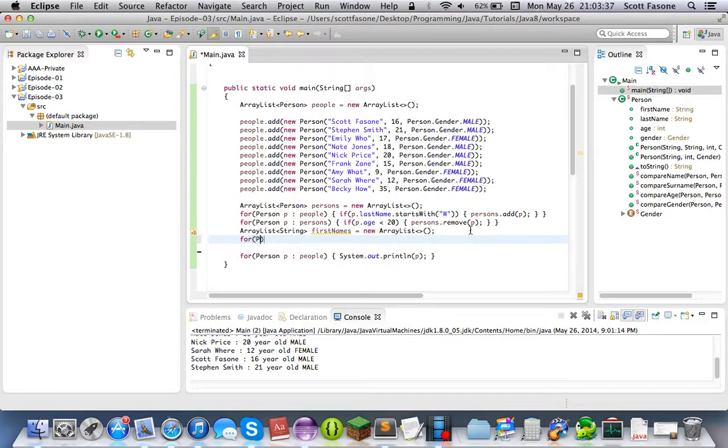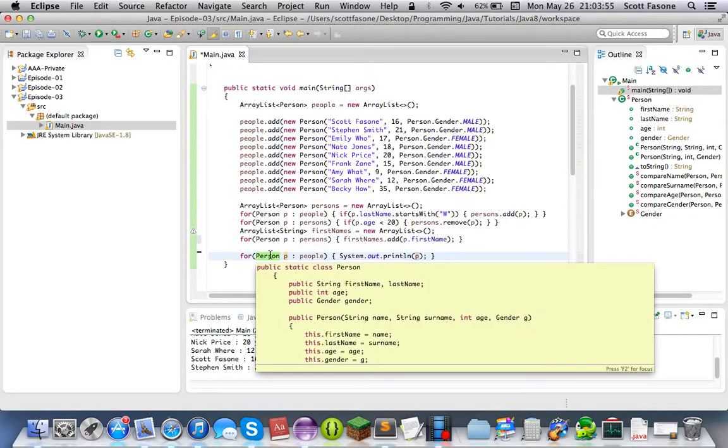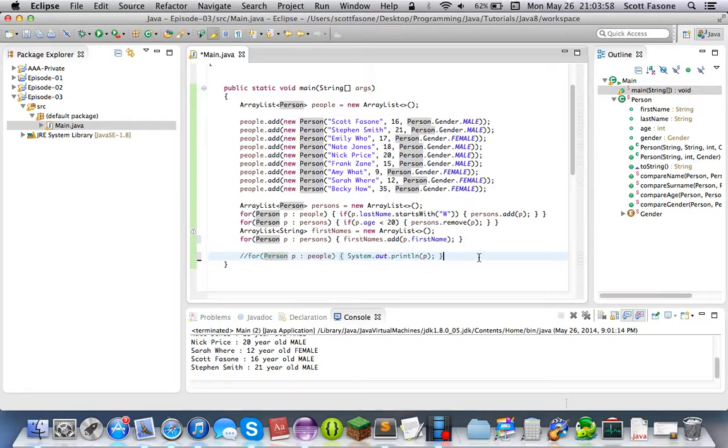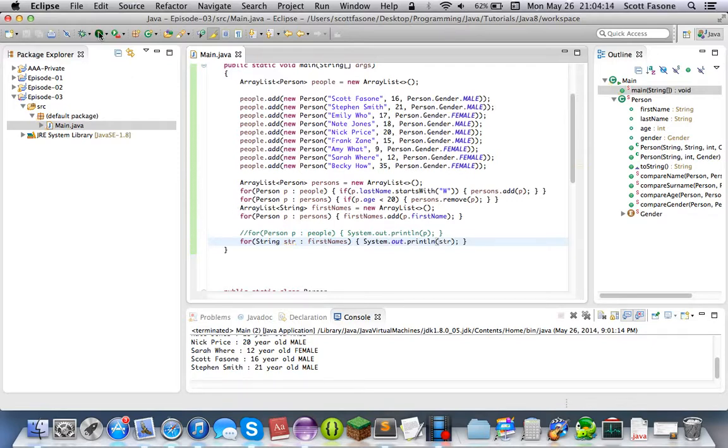And we'll say for Person p in persons, firstNames.add(p.firstName). And then we can just say for every String in firstNames, System.out.println the string. So after that long, complicated process, we can print them out and it'll give us all the first names of all the,